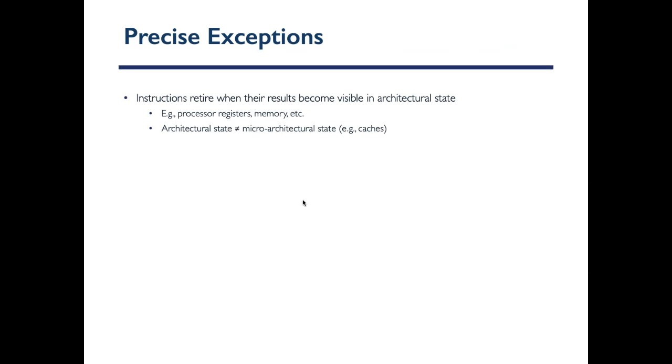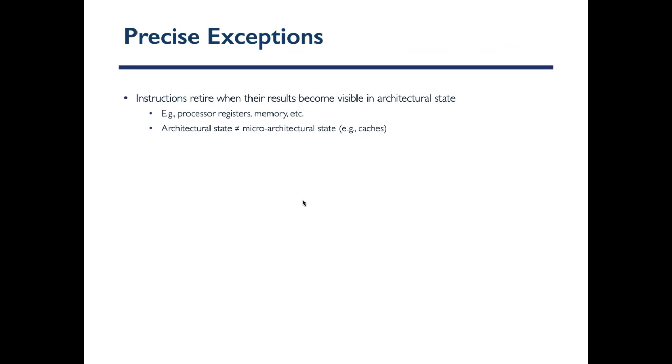And you're going to retire each instruction in the order that is being given to you. When I'm talking about retiring an instruction, I mean that the result of executing that instruction would be propagated into your architectural state. What is architectural state? It's basically your registers, your memory, etc. Everything that is visible to the programmer. So when I retire an instruction, it means that its result, whatever it is, has been propagated to the architectural